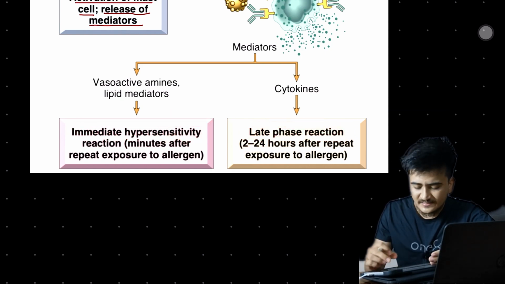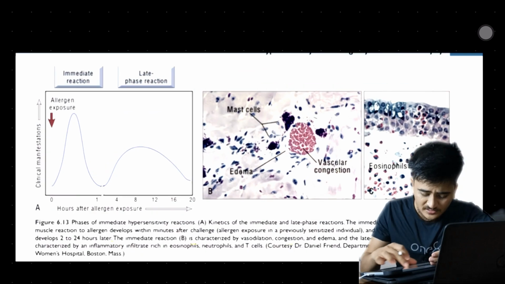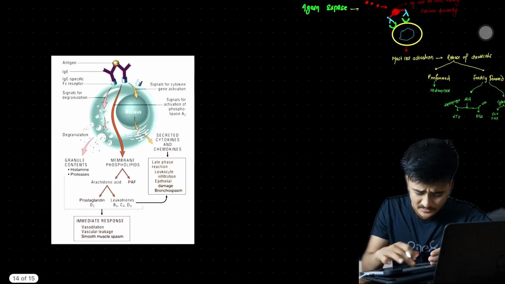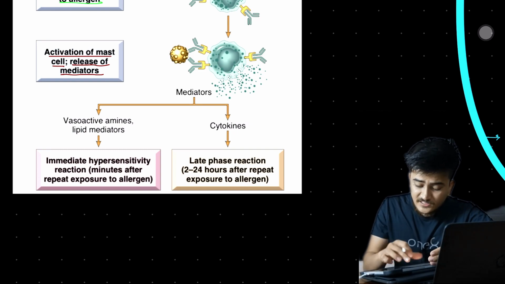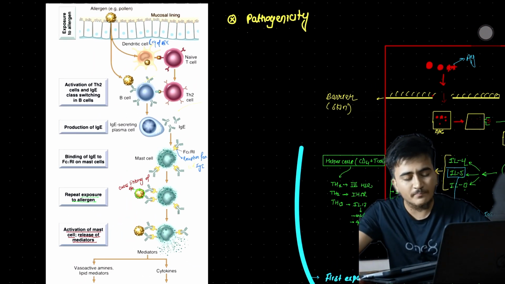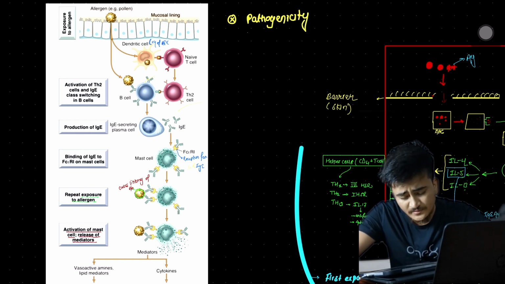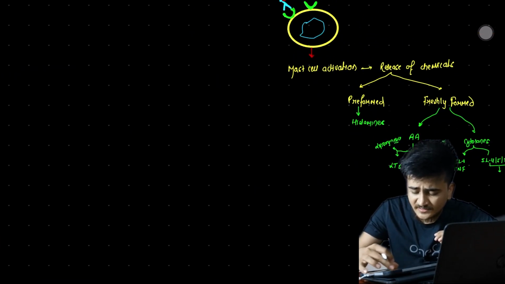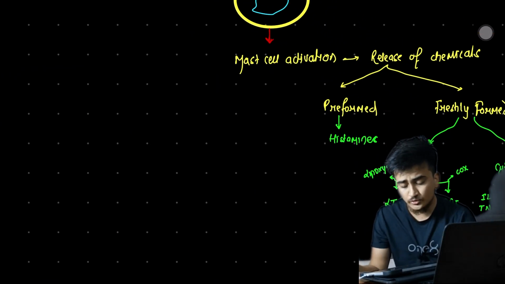We'll talk about this immediate reaction and late phase reaction later. Don't worry, we'll make these things clear. This was a brief idea of the pathogenesis of hypersensitivity reactions. Now let us talk in detail about these,